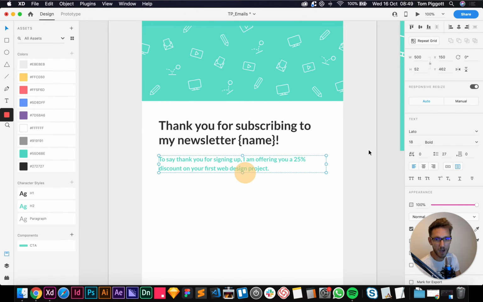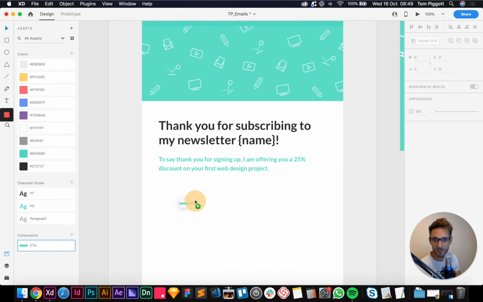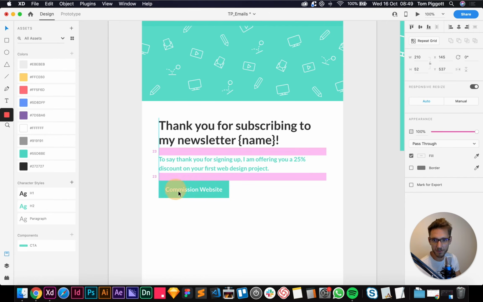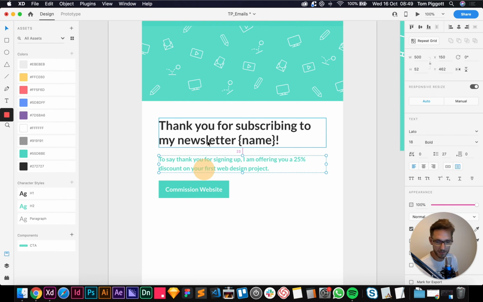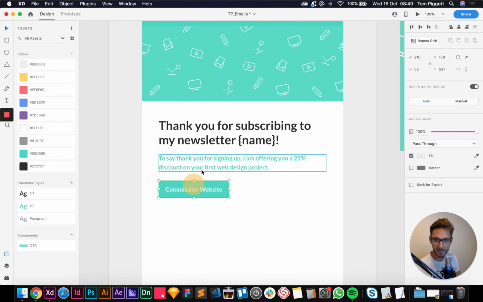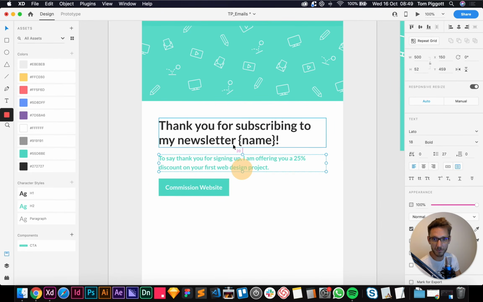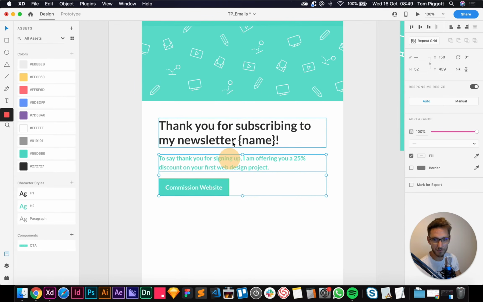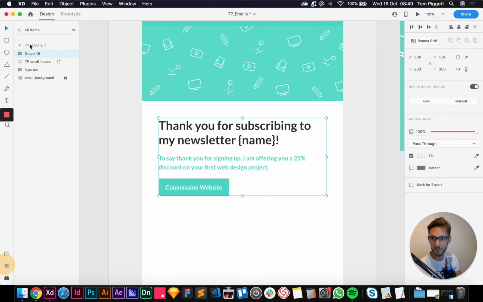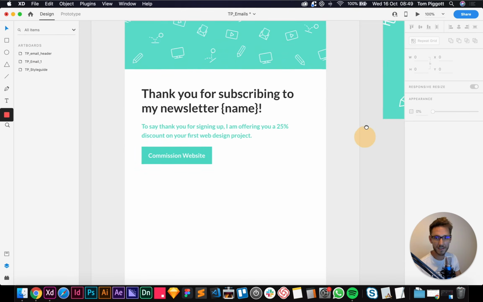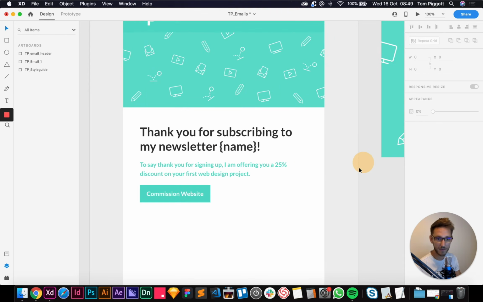I'm going to treat this top section as its own little block. I'm going to have a little button in here, and I'm going to nudge that up 3, so there's a 20 gap there, and 26 there. If I select this and go 1, 2, 3, 4, 5, 6, now I know that there's 20 pixels between each of these, and I can group these together if I want. Come to my layers here, and I can call this hero content. Looking pretty good. Not bad so far, all very easy.